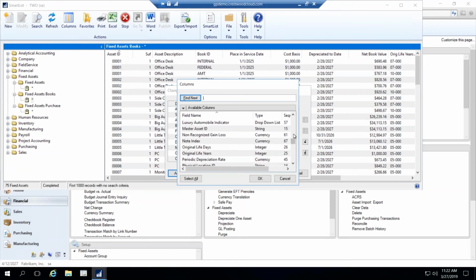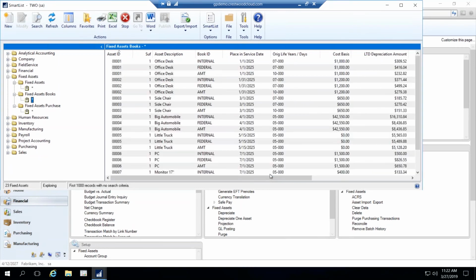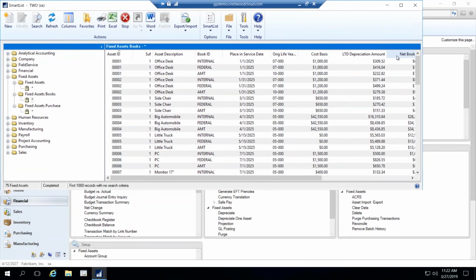So I need my life-to-date depreciation amount. If I take my life-to-date depreciation after my cost basis, let's make that a little less, but